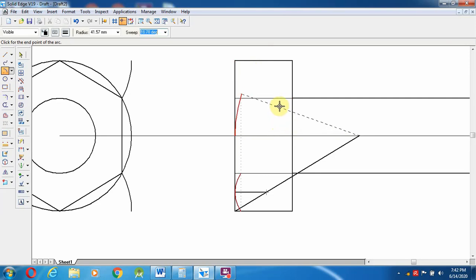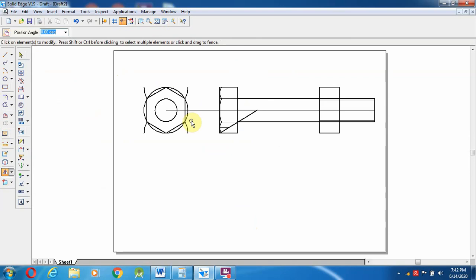41.57. So one end and again from here to the other end. So if you see over here, both the things have to be joined over here. Then the other line I am going to trim it. So apart from this line I am going to trim it. Then in the same manner you can do over here. Otherwise use the mirror option, I am going to mirror it on the other side. Okay, that's it. Then going to give fit over here.